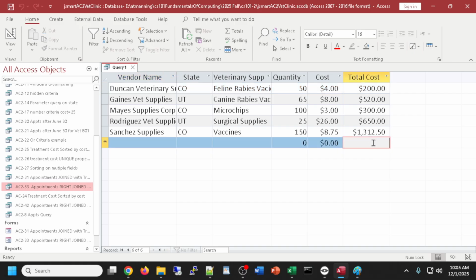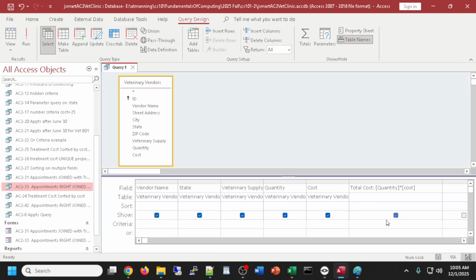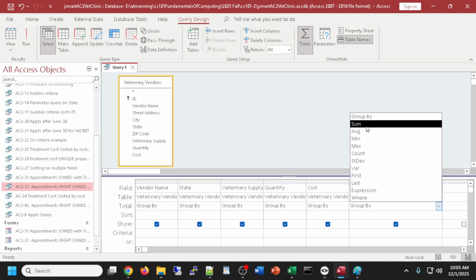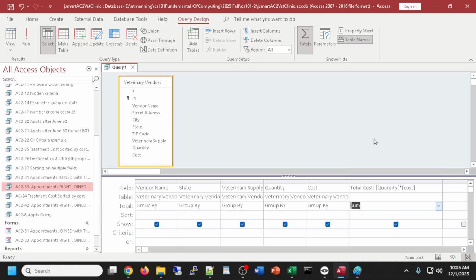I can click here and somehow I can see the, oh I know, if I go back to design here and show totals, I can turn on totals here, and I can actually have it show me the sum of my cost. By turning on totals, I can actually have total cost give me the sum of my totals